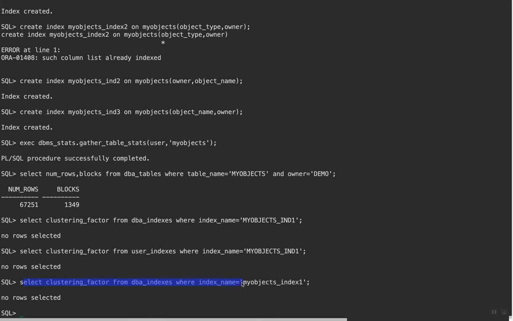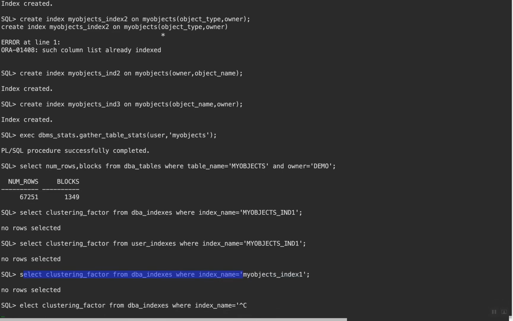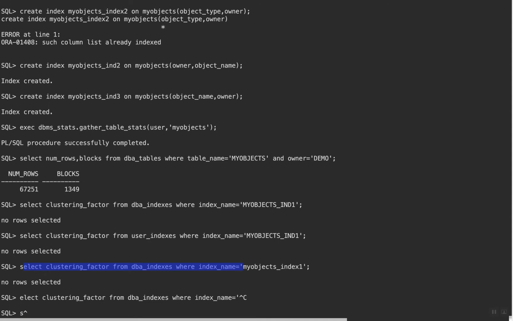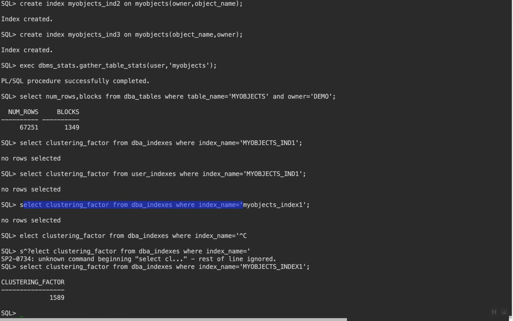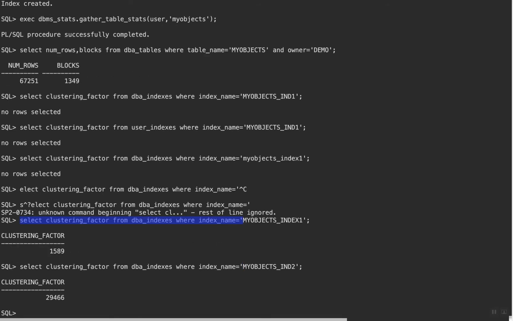Let me see, in capital letter, copy, select. my_objects_ind1, okay, so 1589, and I have to get rid of the capital letter. my_objects_ind2 is 29466,